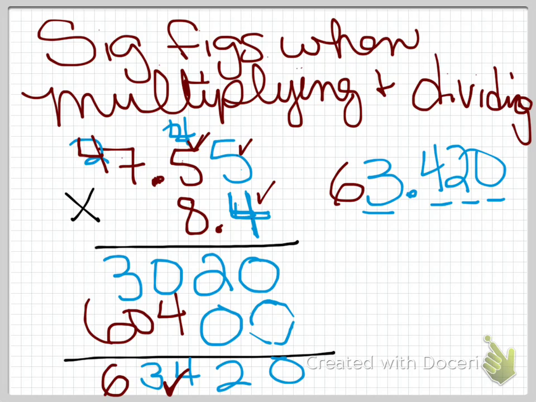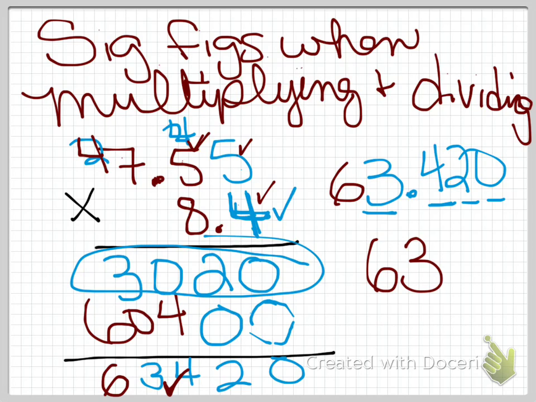But notice, please, why all these guesses came. It all came because of this 4 right here. This 4 was a guess. And so every time I multiplied that top row, my 7.55 times this 4, every single one of these was also a guess. And that impacted my answer. So now I have to round this answer so that I only have one guess, which means I need to round my answer so that it is only